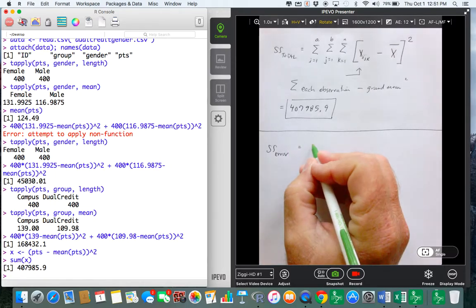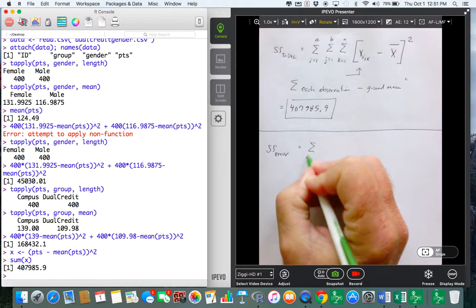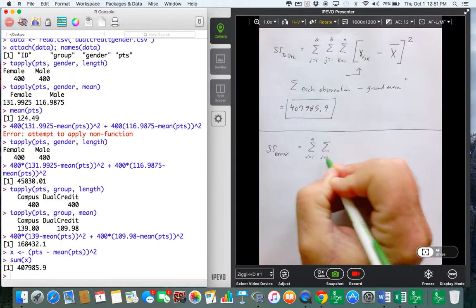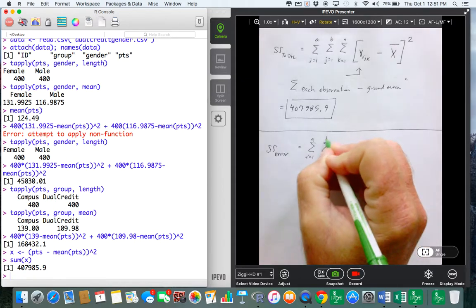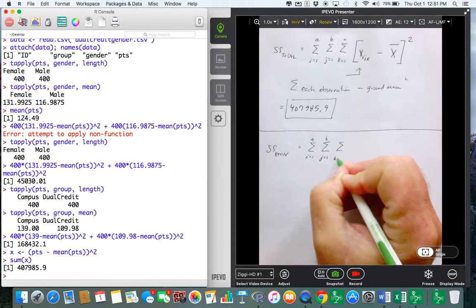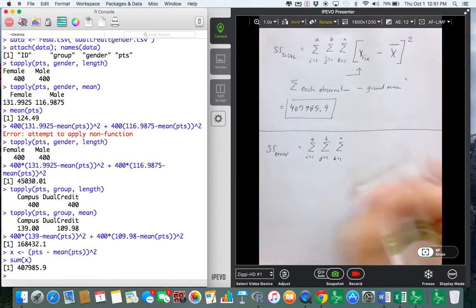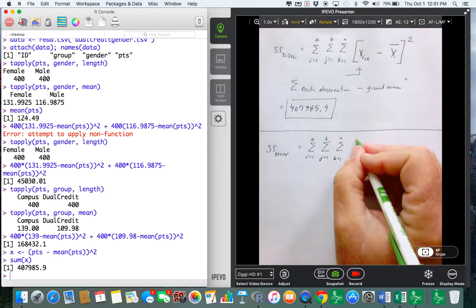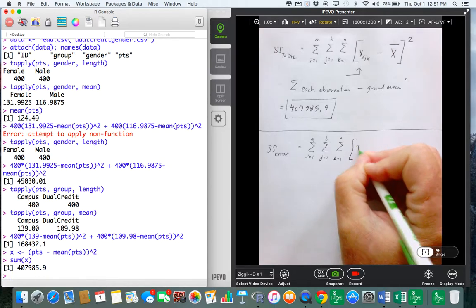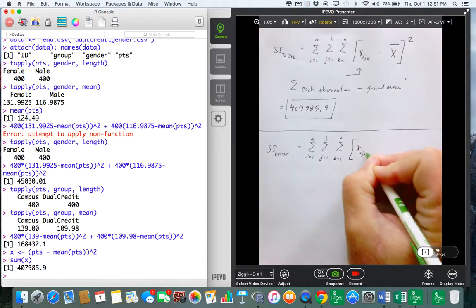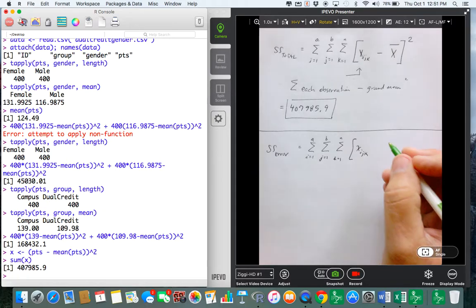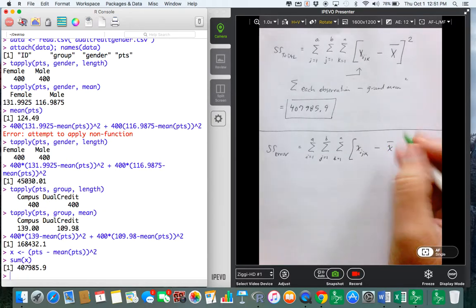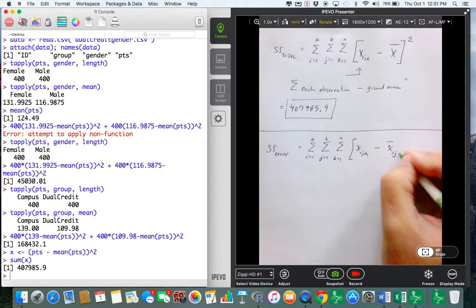So still, we're going to have triple summations, where n is our sample size, and we'll have x ijk minus the mean of ij